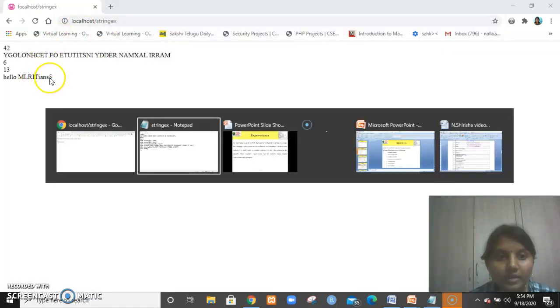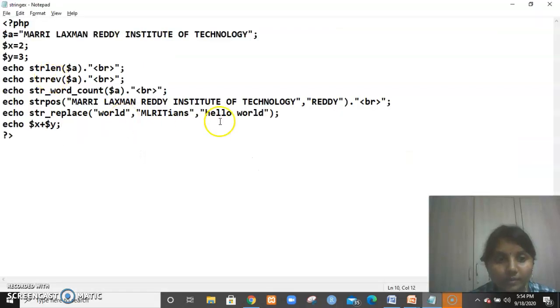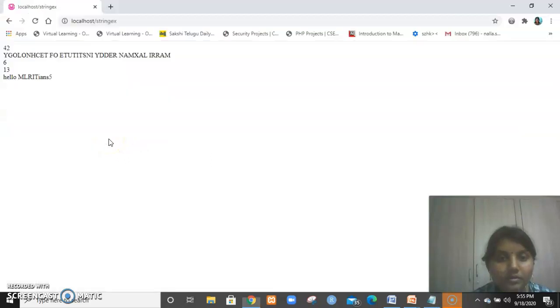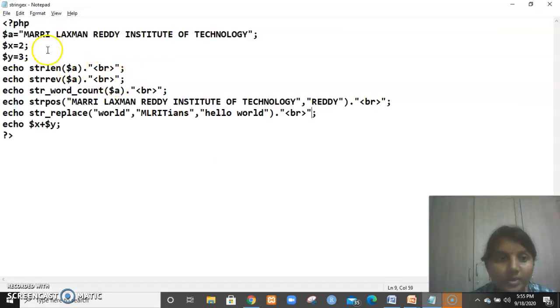So you're getting 5, right? Let me give here br. So you are getting 5. What is this 5? This is using the arithmetic operator x plus y. Similarly, you can do it for any arithmetic operator.